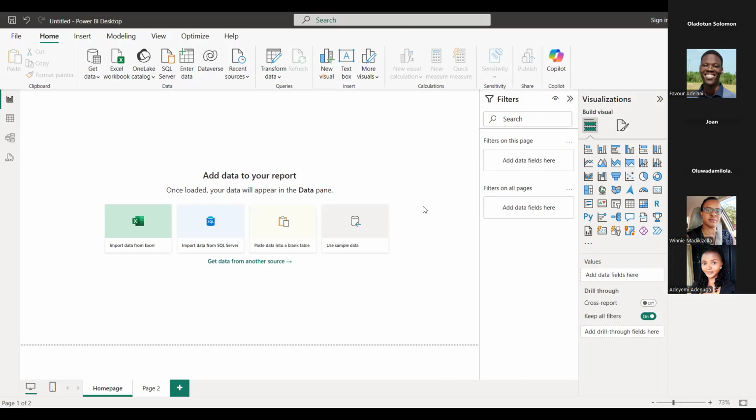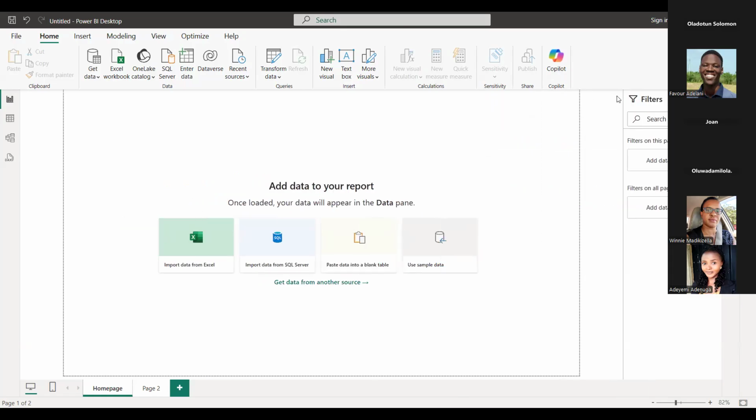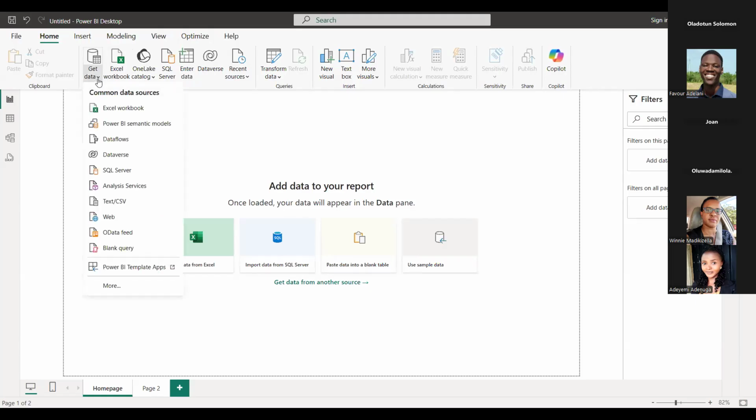So I'm going to now proceed to importing my data. Now, you see we have get data here. We are trying to bring in data. So I'm going to click on get data. We have Excel workbook, Power BI semantic models, data flows.